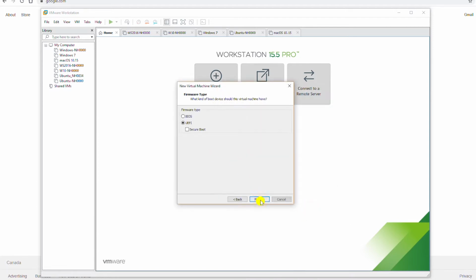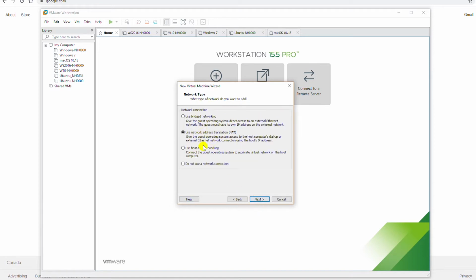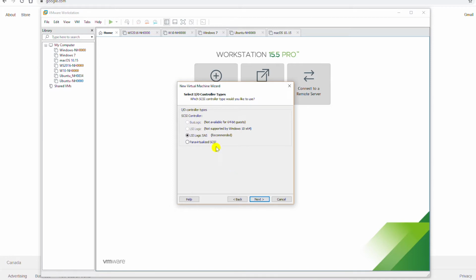Now I will go next, and next I will keep the processor as 2 processor or 1 dual core processor and go next. I'll keep the memory as 2 GB and go next. I use the NAT mode so that I can access internet from the virtual machine and go next, and next again,